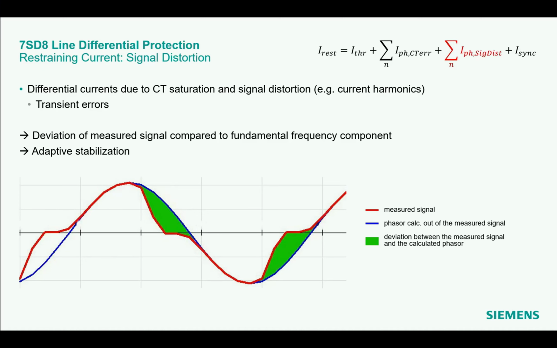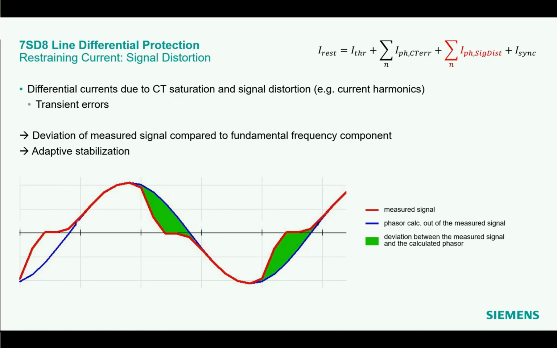So the deviation between the measured and the ideal sinusoidal signal would be a measure of an additional restraining component which is taken into account. So sample-wise, we analyze the difference between the measured secondary current, the red curve, and the ideal fundamental signal component,